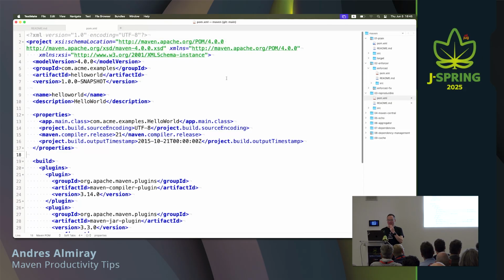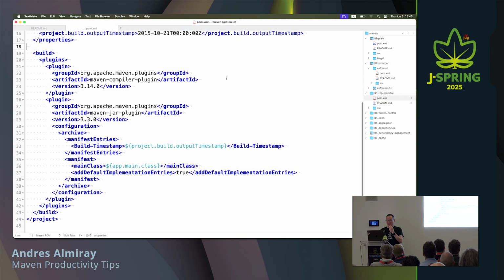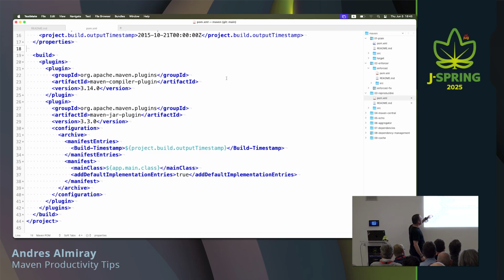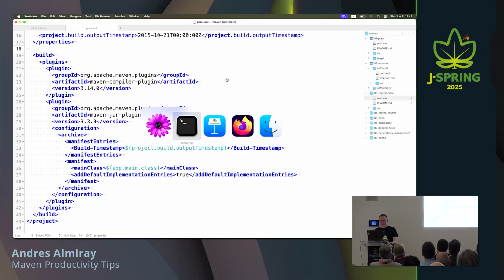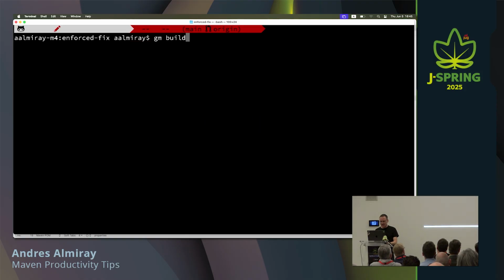Okay, so what else do we have here? I also added into the manifest a few entries. For example, when I am in that particular timestamp, it's useful to have it in the entries, but if you can read the manifest and there are other tools that can have access to it, then I am also appending that timestamp there, and I am also making sure that my application is executable.